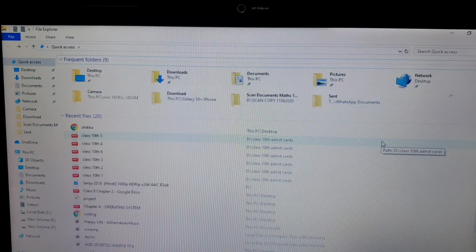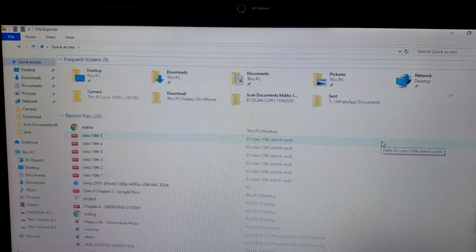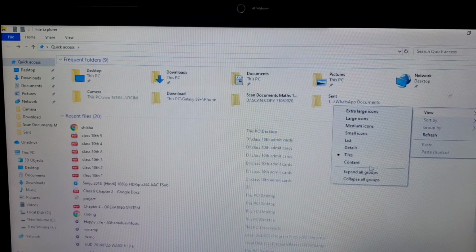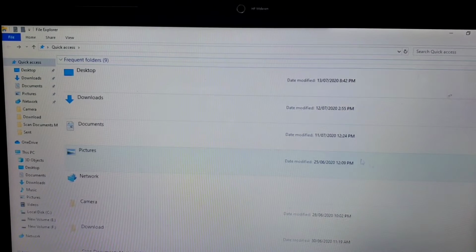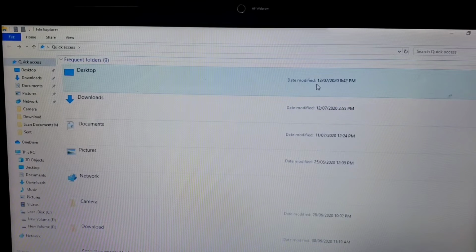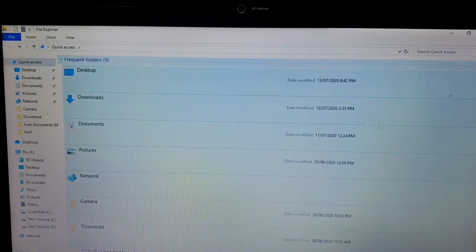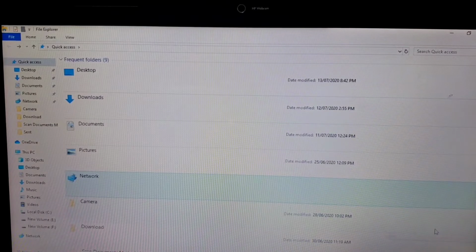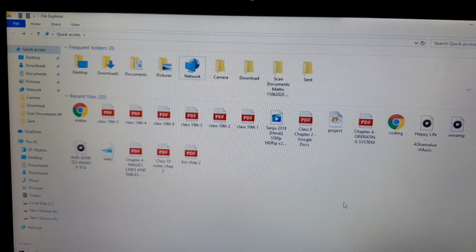So you are able to see your files and folders the way you want, whenever you select different options available in this View. One more is there, that is Content. Content means, again, when it was modified, at what time, everything will be available when you have this Content option.